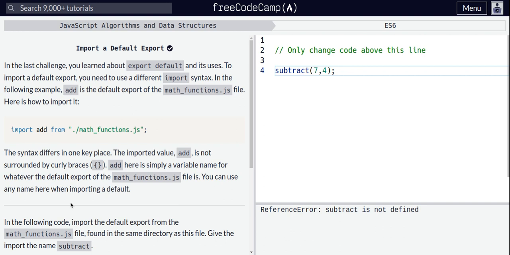You can use any name here when importing a default, right? So even if the name of that default function is not add, you could use a different name here, right? It doesn't have to be the function's name